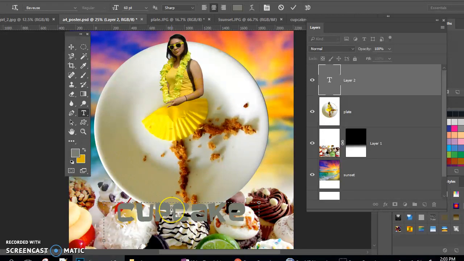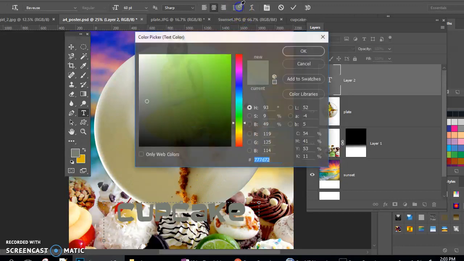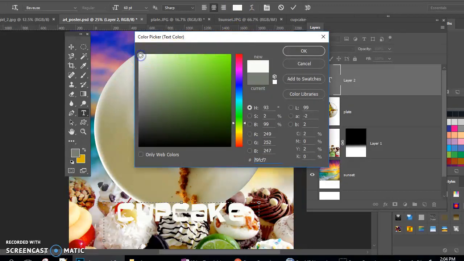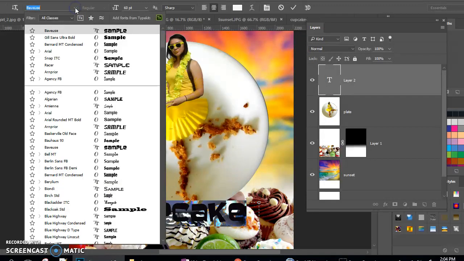As you can see, it's not as visible as we want it to be because the color is gray. So to select that, be sure you're on that layer. Just double click, and over here, you click and change the color to your liking. For this instance, I think I'll stay with something white there. See, and I'll click OK, and while it's still selected, I can actually choose what typeface